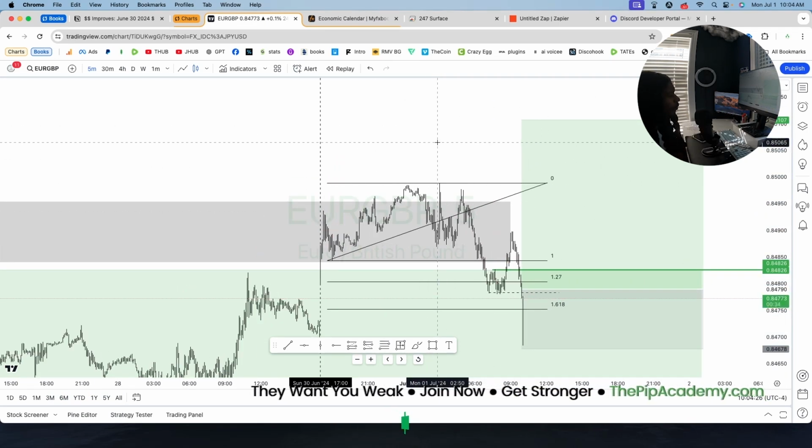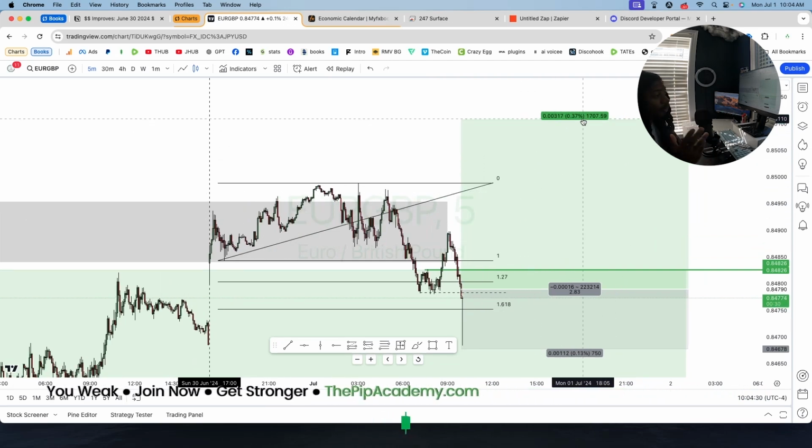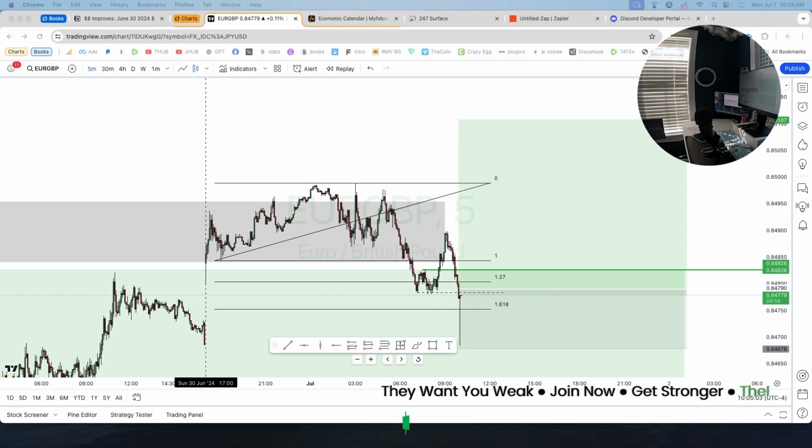This is about our second or third bunch of trades for the high risk account. We're going to target 31.7 pips. That being said, we'll tune in to this in a bit, see how